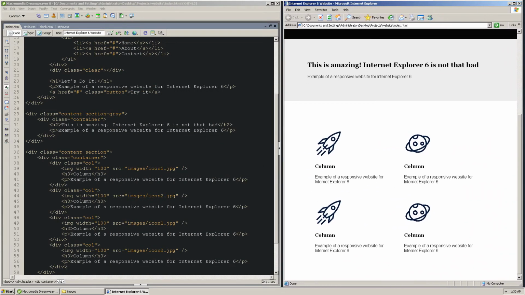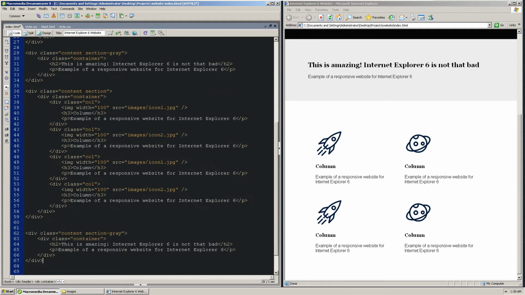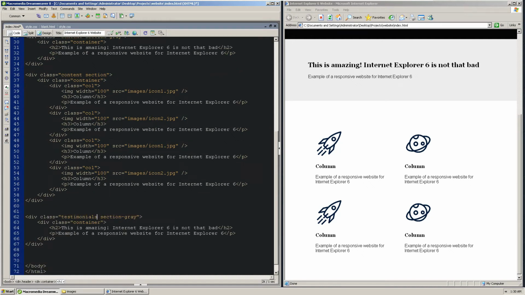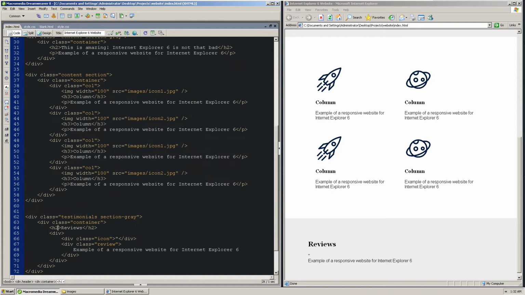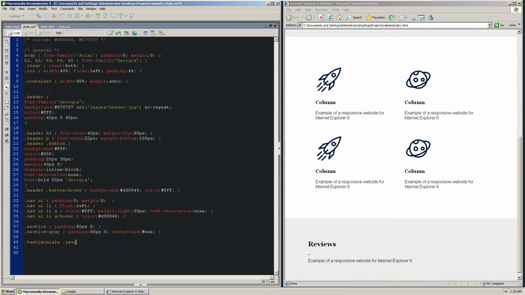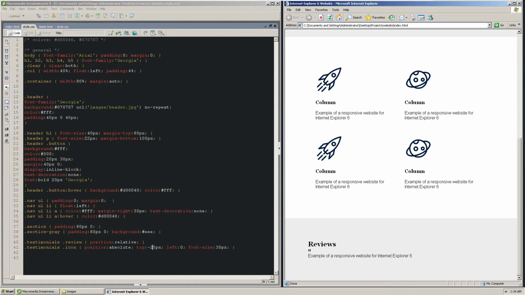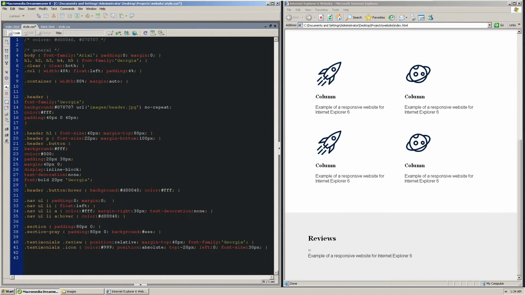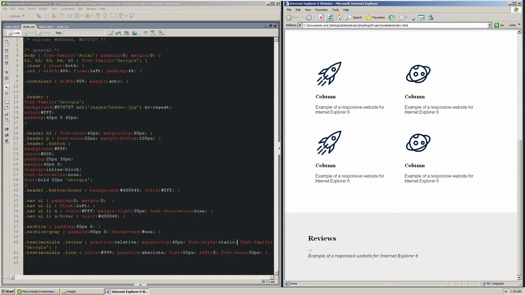Let's continue with just another simple section, maybe something like a testimonial or review section. I want to test the position relative and position absolute, and I want to add this quote sign just to play with the position property. I'll create a review class and inside of it I'll put icon and message. Let's set the parent to be position relative and the icon inside of the parent will be absolute. Let's set the position absolute with the top and left properties. I'll set a color, a font family, and a font style. Okay, so let's check it out. It's pretty basic. We can probably add a slideshow for that with JavaScript, but that's another topic.